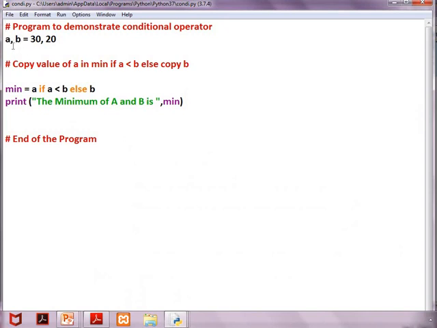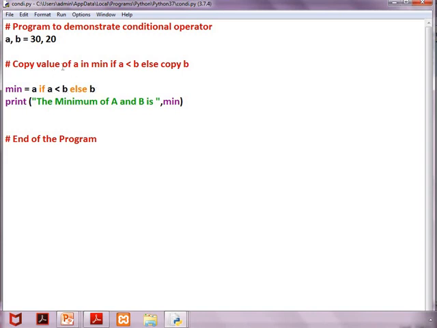Here we have taken a comma b equal to 30 comma 20. That means a is having 30, b is having the value as 20. Here if a less than b, if the condition is true means a is the minimum number. So min variable equal to a, else the minimum value is b. I'll repeat again.